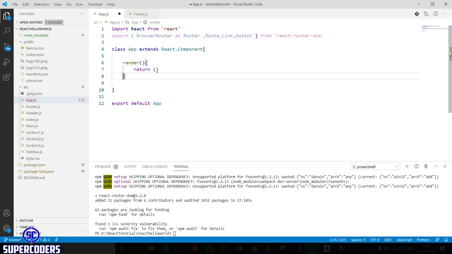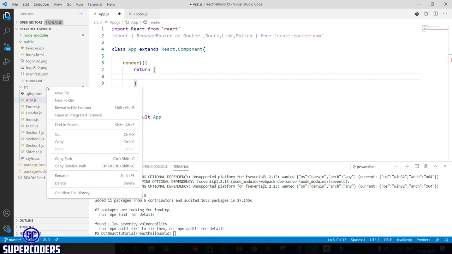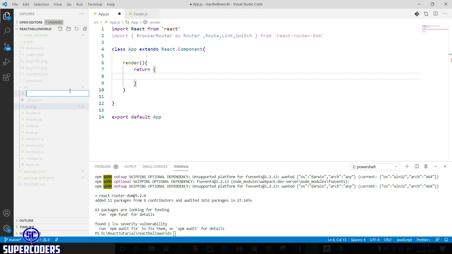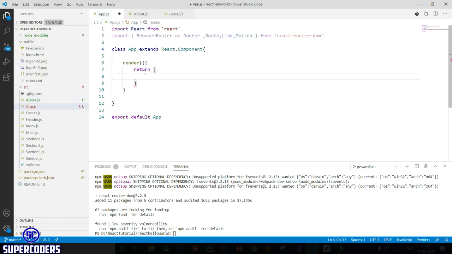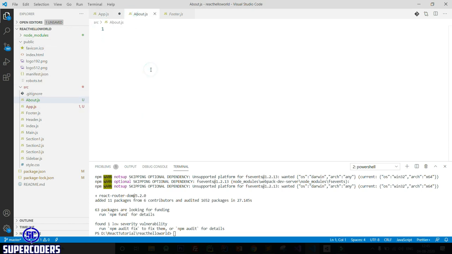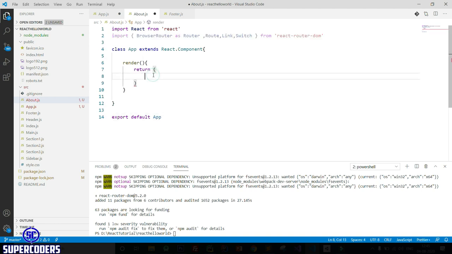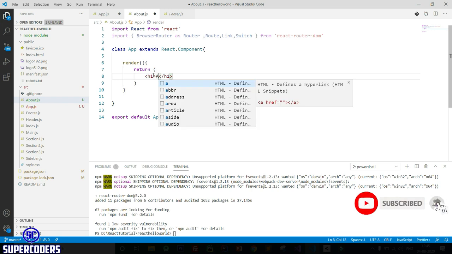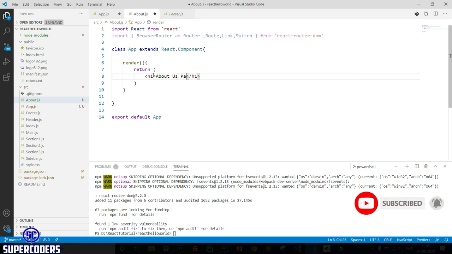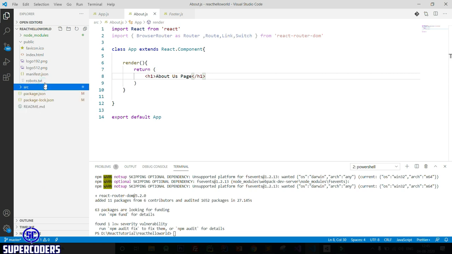Now let's move to coding part. So also create some more pages, like creating one more component which is about.js. Now again copy the code, paste here, and return message h1 about us page, or create more pages like contact us.